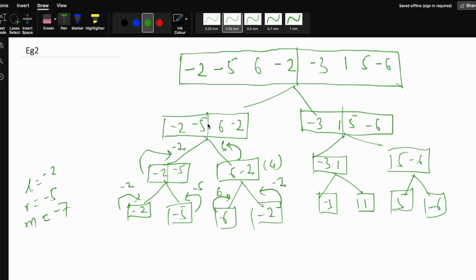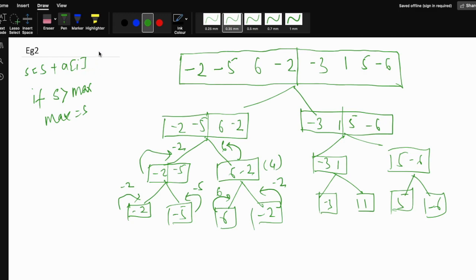So similarly we will go for this one. Here we have to calculate the leftmost and the rightmost. So for the leftmost we have to calculate the maximum value. We will simply apply this formula, s equal to s plus array of i, and we will check if s is greater than max, then we simply update the max with s. So you can see here the very first value is -5.